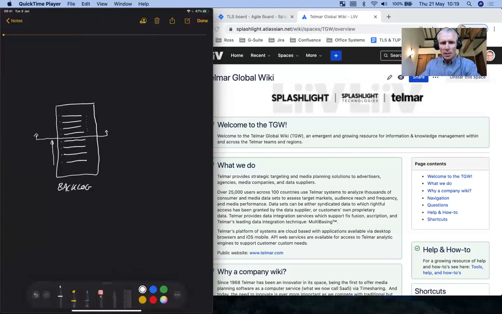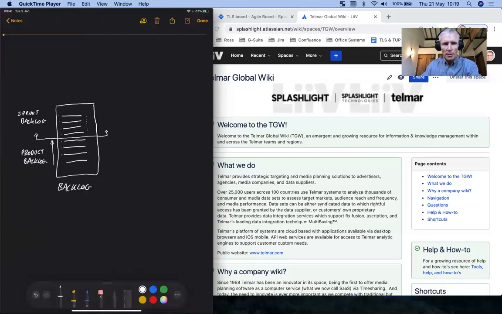But the key is this list at the top becomes what we call the sprint backlog. So now the backlog as a whole becomes 2 things. We have sprint backlog, and then everything else we just call product backlog. So a couple of key terms here: backlog, sprint backlog, product backlog.